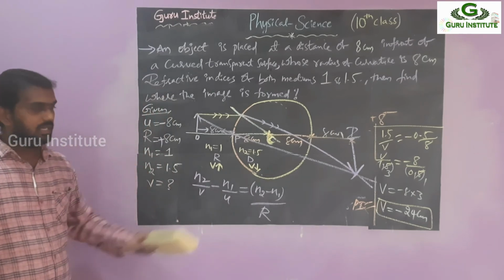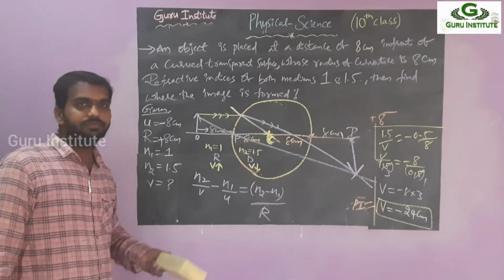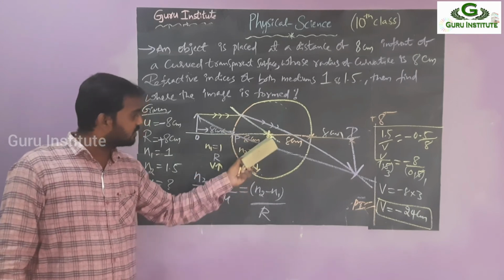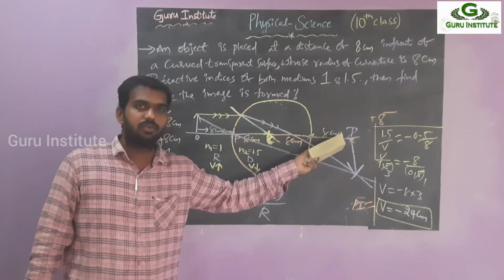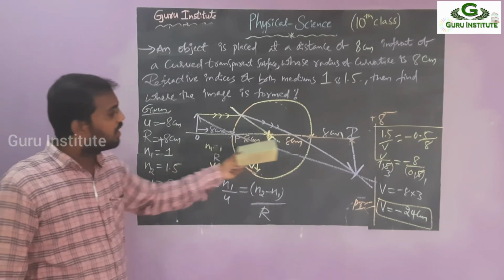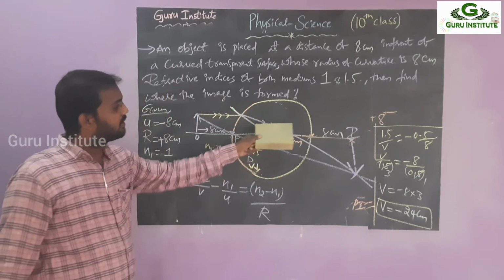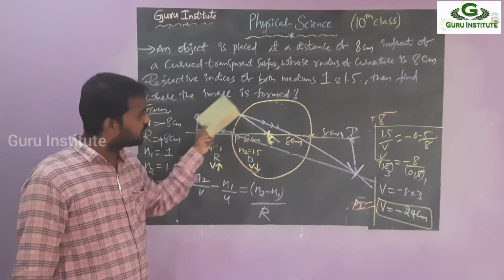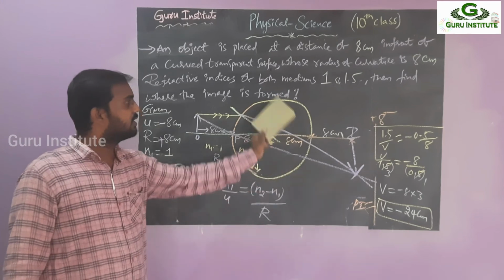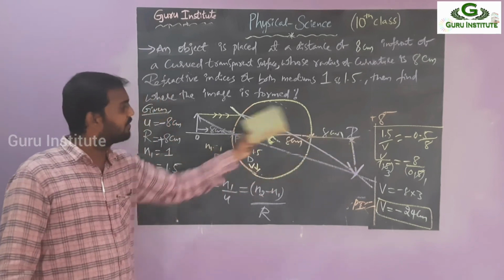Understood? For clear purpose, I am showing the conclusion here. Just observe. If you complete this, that should be a sphere. So 8 centimeter, 8 plus 8, 16, and 16 plus 8, 24. From this, what can you observe? Before the sphere, how much distance is the object? After the sphere also, the same distance. So simply you can tell that the refraction is from N1 to N2 and N2 to N1. If you only draw half, you won't understand, so that's why I am completing this. 8 plus 8, 16 is over, so remaining 8. Before 8, after 8, both are equal.